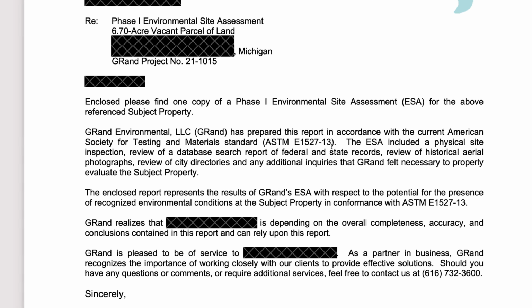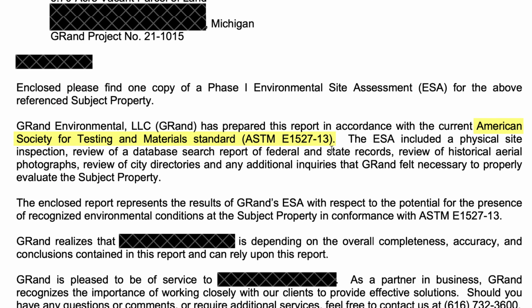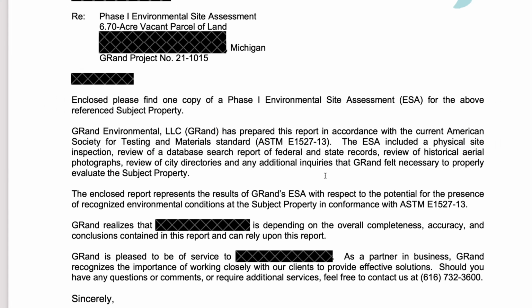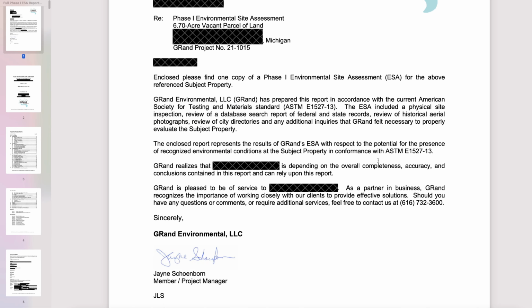So ASTM stands for American Society for Testing and Materials, with this number on it, which basically just indicates what the standards are and when it was last revised. That's what that -13 means, is it was last revised in 2013, so that we understand what we're measuring this against. It's that particular standard. Just kind of read a lot of this.